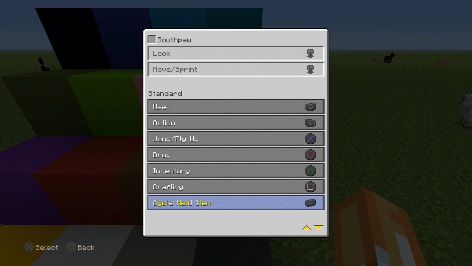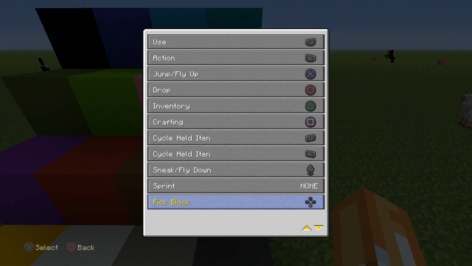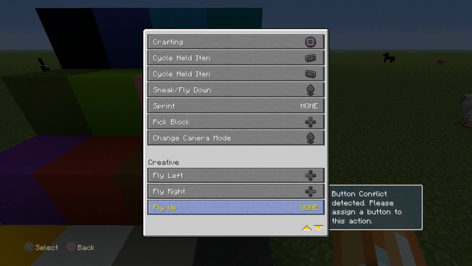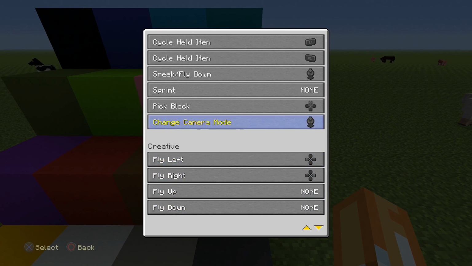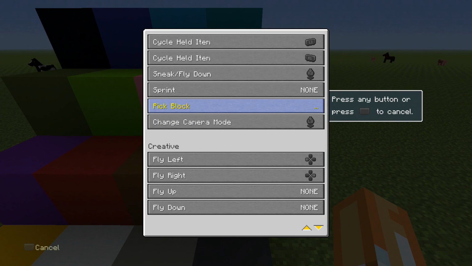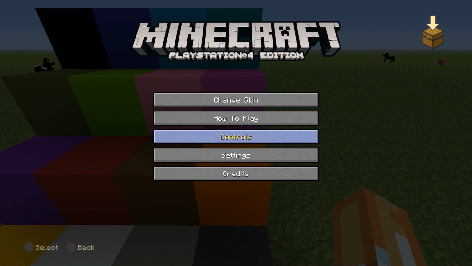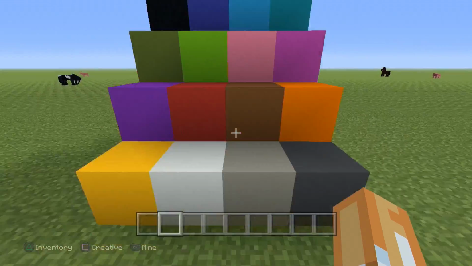But one thing they did add, which is super nice, is the pick block. By default, the pick block is set on none. I actually set it already, but I go ahead and click this. It says press any button, or press the main pad to cancel. Oh, that went down a little bit. But you go ahead and press down on the D-pad, which is what I had it set to already. And now down on the D-pad, when we look at one of these blocks, we go ahead, hey, and it